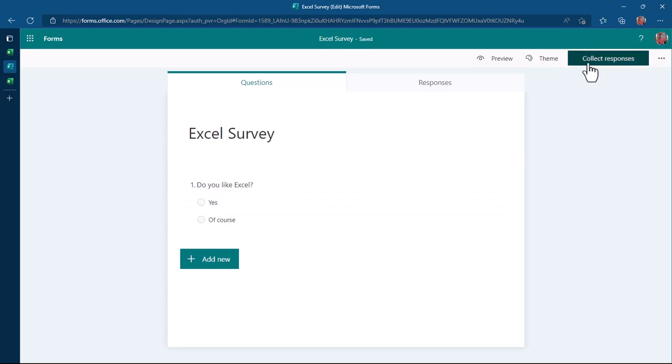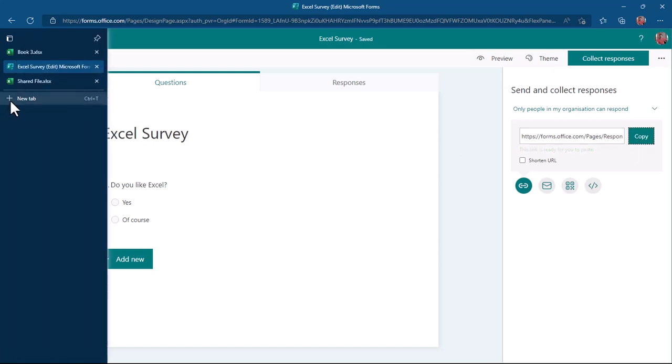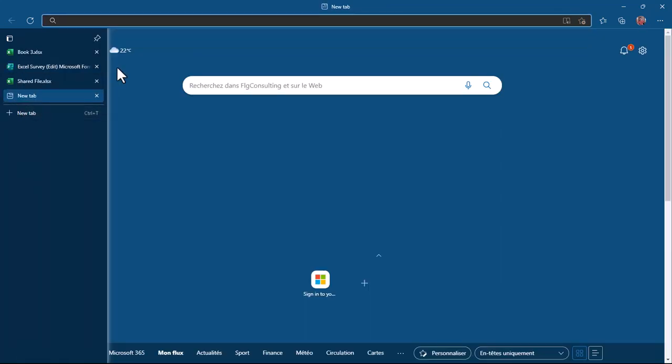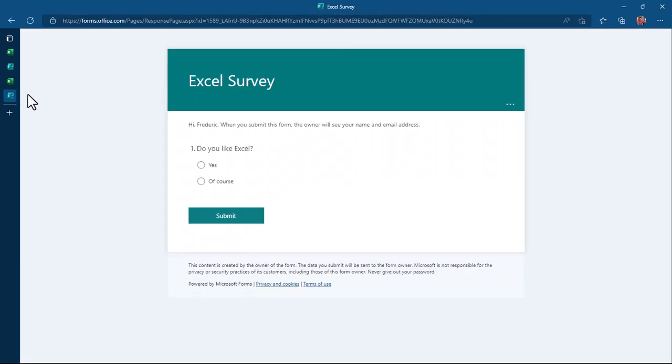And I share this survey and I copy the link. So what I'm going to do here is to create a new tab and I paste the form,